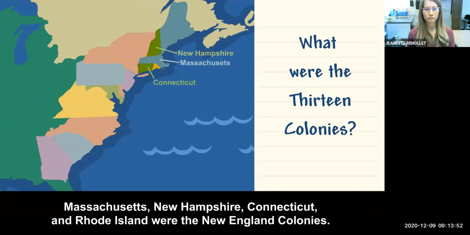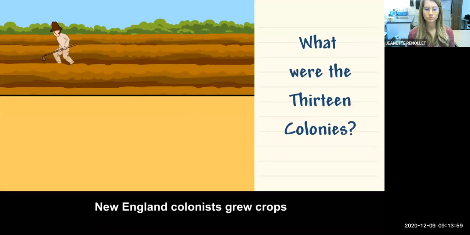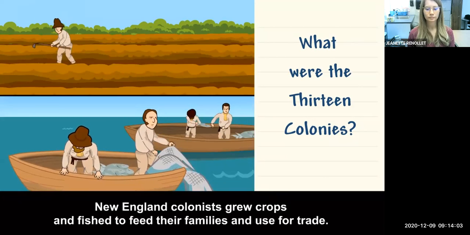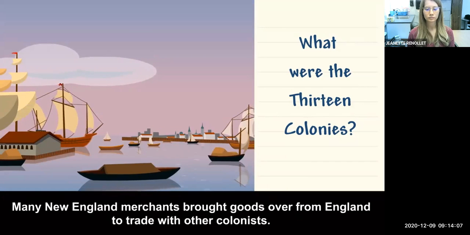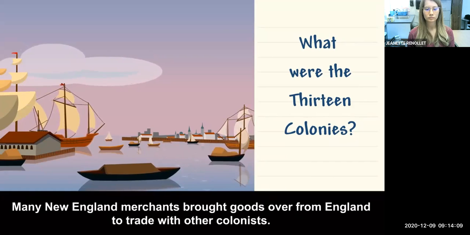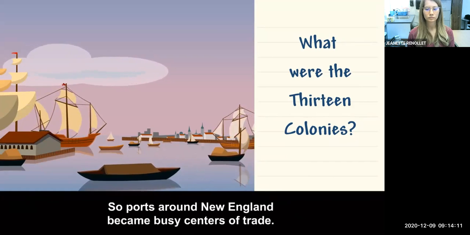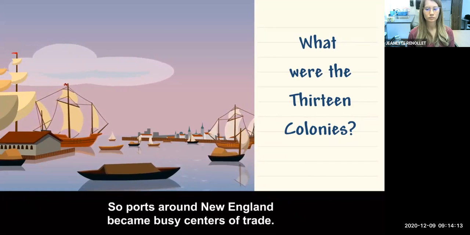Massachusetts, New Hampshire, Connecticut, and Rhode Island were the New England colonies. New England colonists grew crops and fished to feed their families and use for trade. Many New England merchants brought goods over from England to trade with other colonists, so ports around New England became